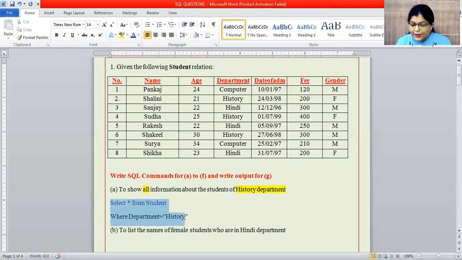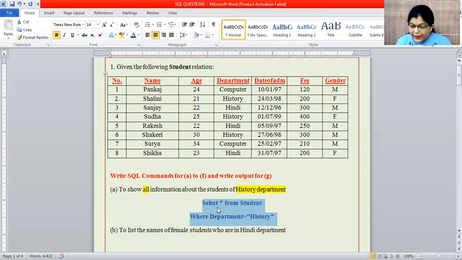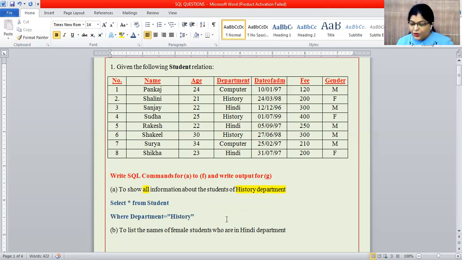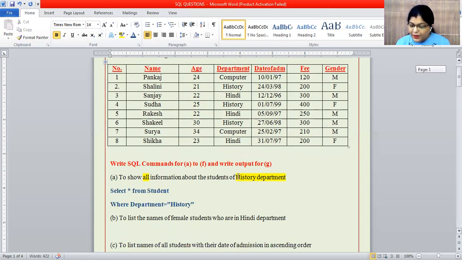This is the answer for this question: select star from student where department is equal to history. Firstly, we have to see what the question demands, and only then can you write the answer.